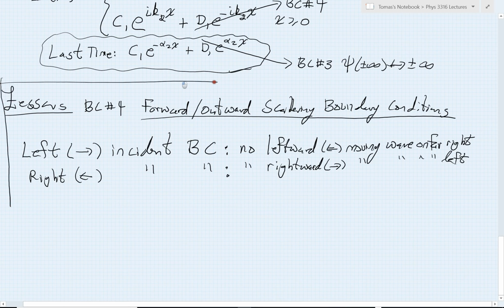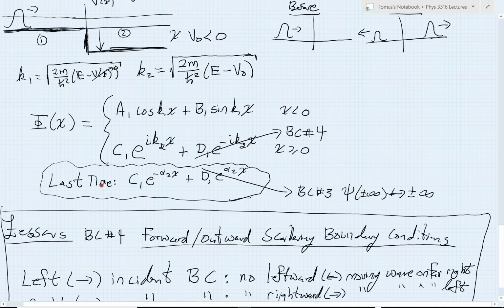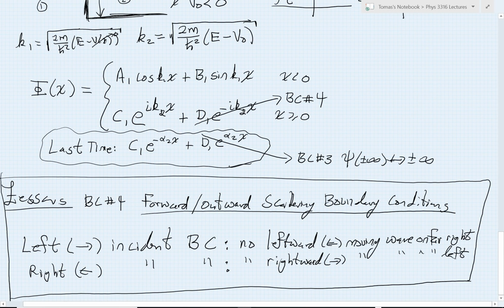So I want to put a box around this. This is our fourth and almost final type of boundary condition. The final type is what happens when a wave function hits a delta function. You will have a chance to look at that later on in the course. Okay, great. So now I want to think a little bit about what we will be doing next to come